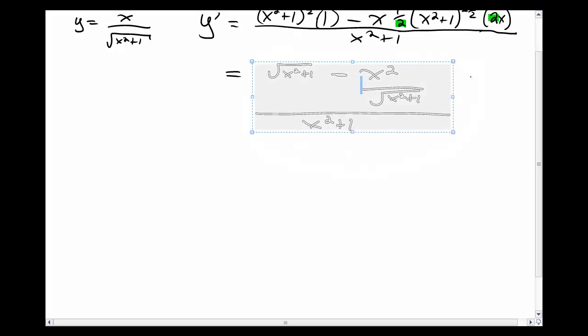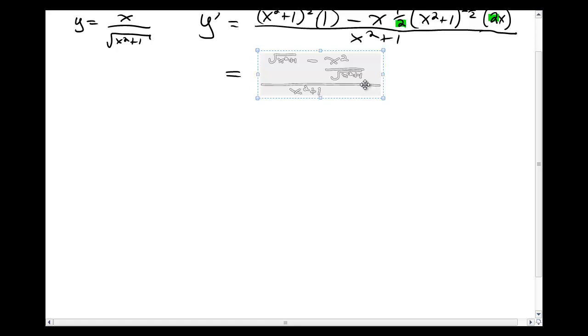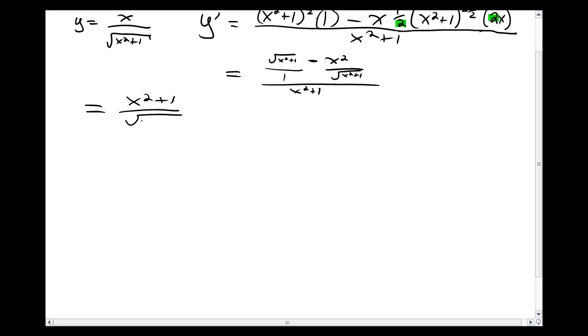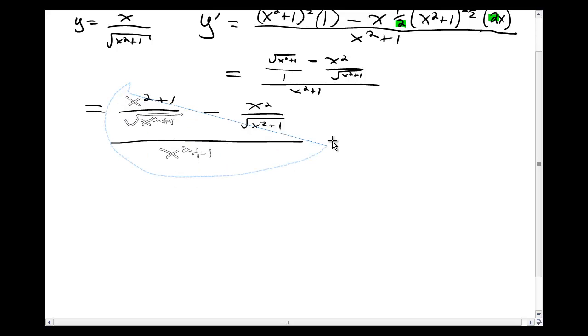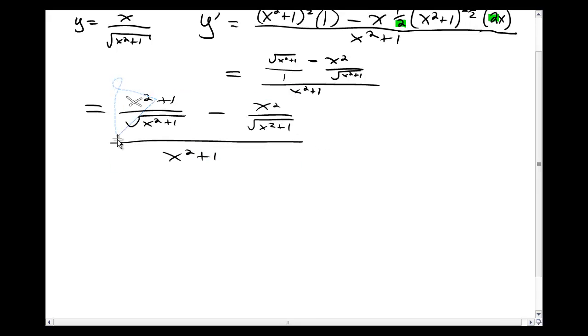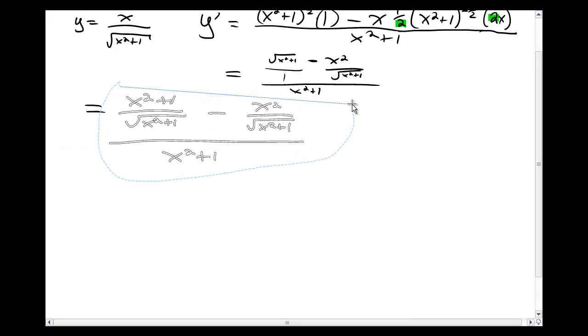I'm going to take this, and I'm going to simplify it just a little bit. I'm going to multiply, on the one hand, I'm going to get an x squared plus 1 all over square root of x squared plus 1. And on the right hand side, I'm not going to have to do anything to make that change. All this is still over x squared plus 1. All I've done is find the common denominator here on the left. So once I've found that common denominator,